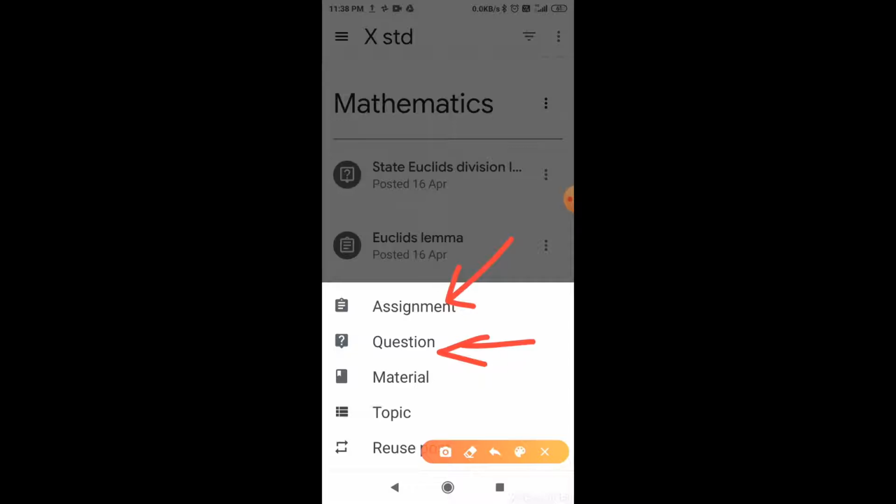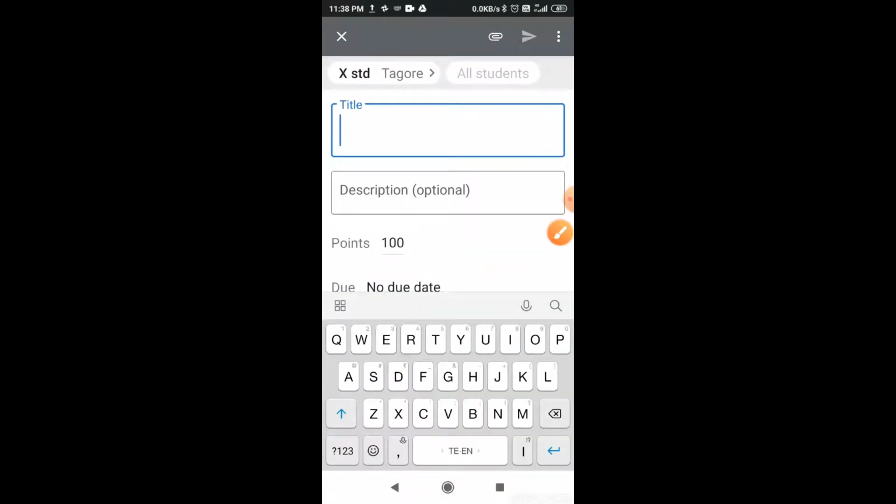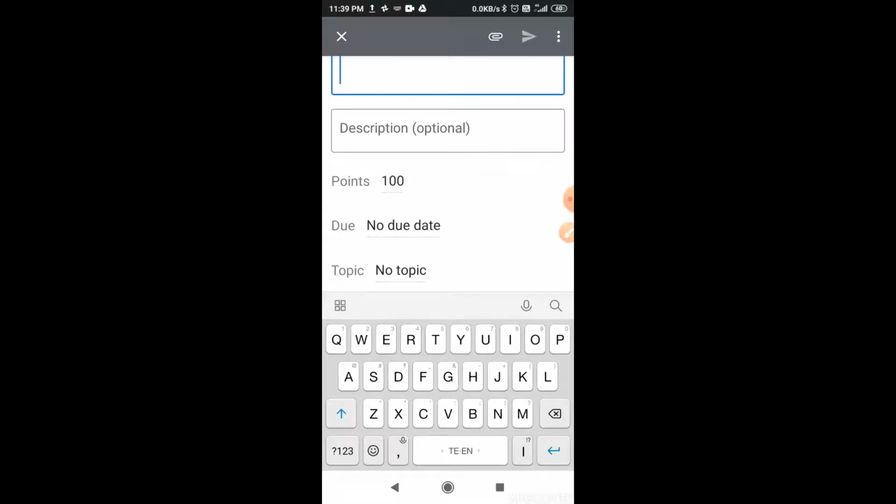That is question format. If it is an assignment, then you give a title of the assignment, then description, what way you expect the answers, say 100 words, 50 words, or with diagram, with rough diagram, with label, like that. Description should be here. This is optional. If you want, you will write it, otherwise no need. But title should be there. Then how much marks you will give.